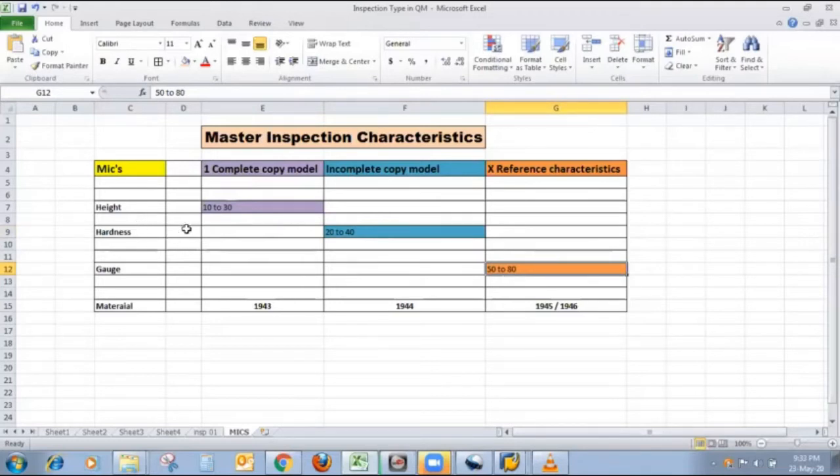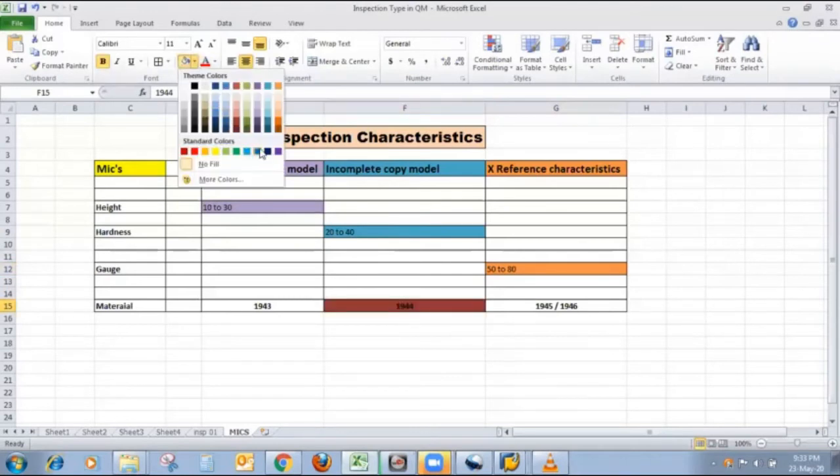For only the incomplete copy model, I maintain lower limit and upper limit in inspection plan. So here is somewhat different.